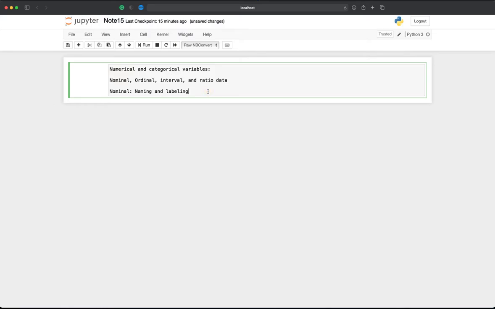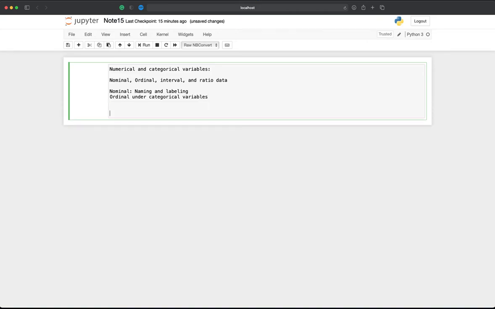So nominal and ordinal are under categorical variables, then ratio and interval data are under numerical variables. Okay, so